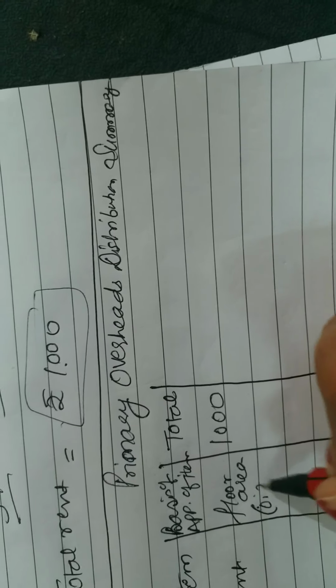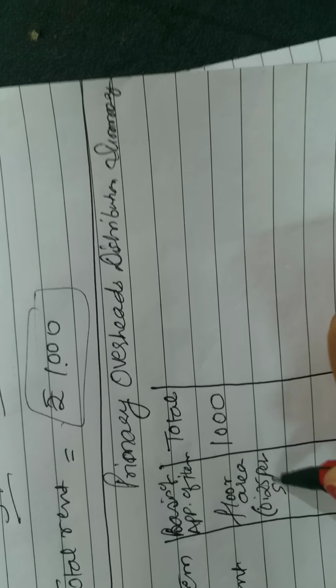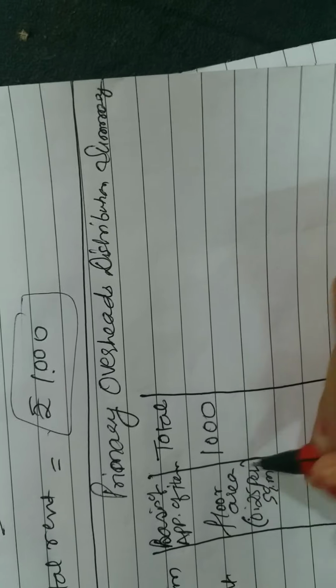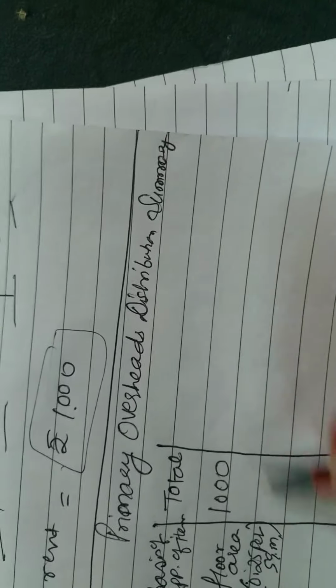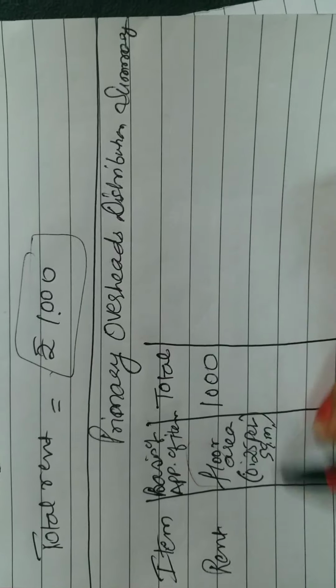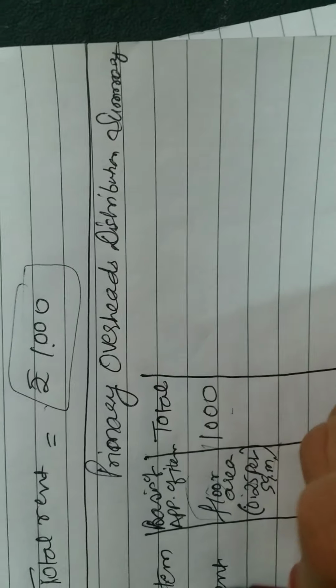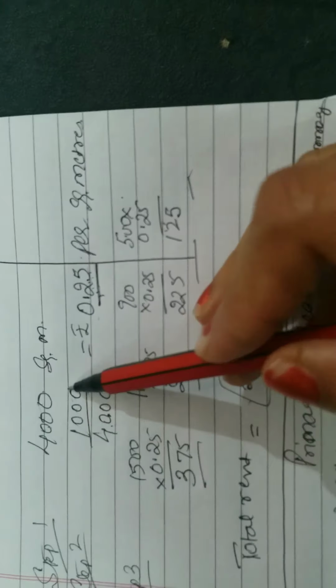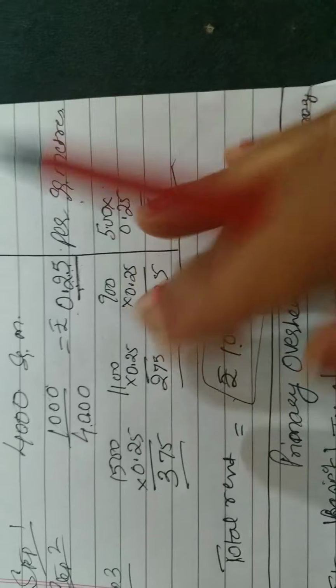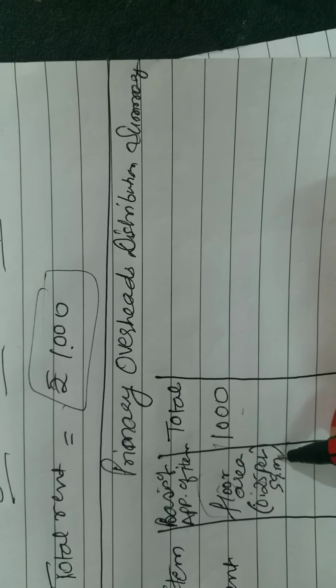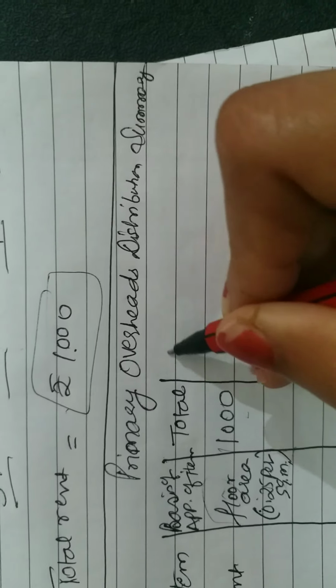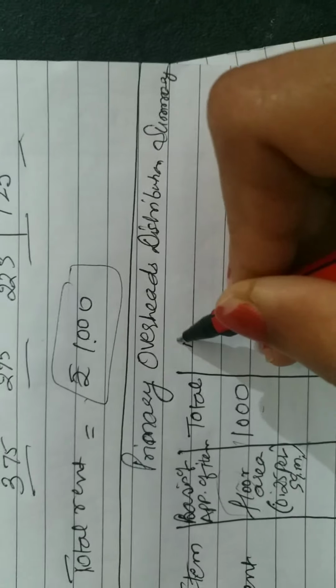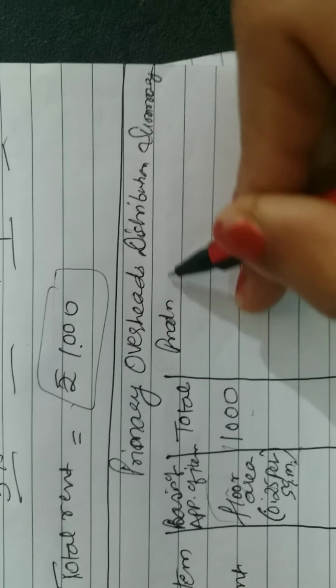So 0.25 per square meter. I use this basis as apportionment. And how I calculated, you can show this much part in the working note if you want. Only this much part, that is this step. This step can only be shown in the working note. Rest, nothing is required. So it is 0.25 per square meter, and then we have production departments, and then